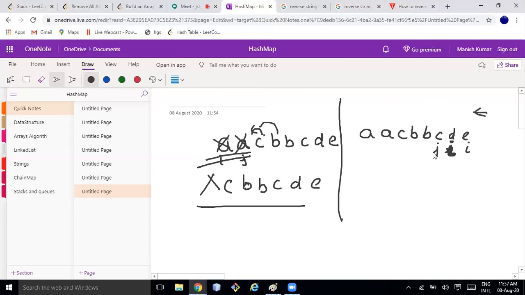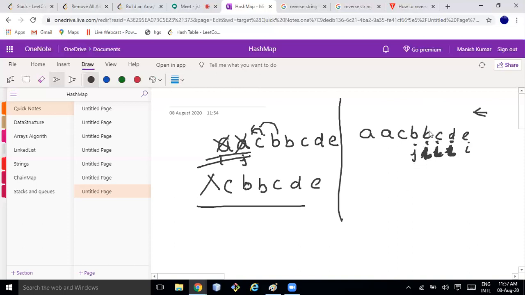So i is here, j is here. Now again, I'll compare. Both are fine. That's good. So again I'll move i here and j here. Both are different. That's good. Now my i will be here, j will be here.